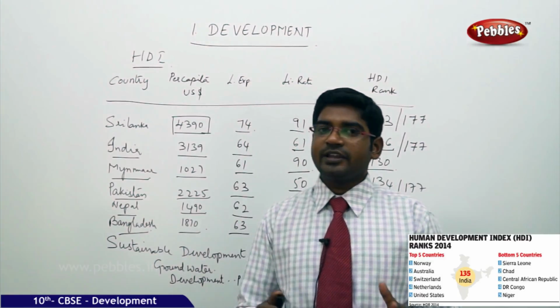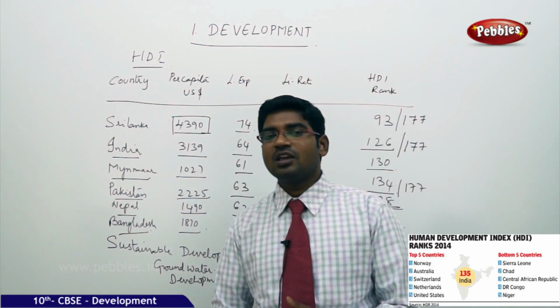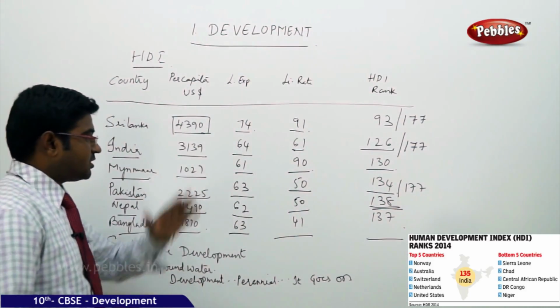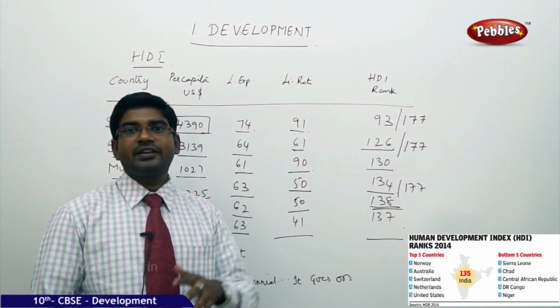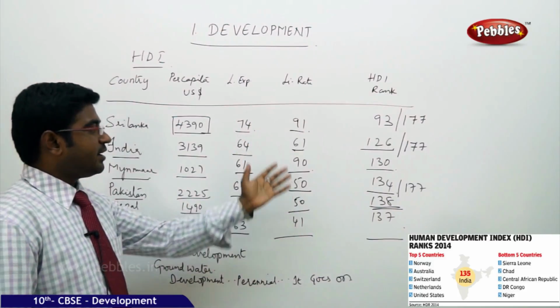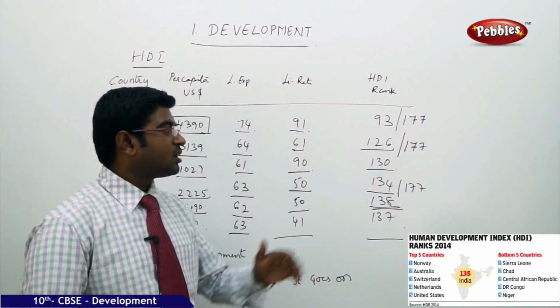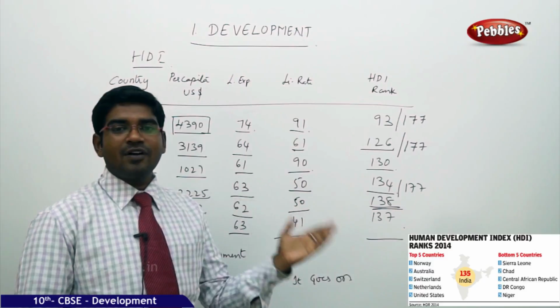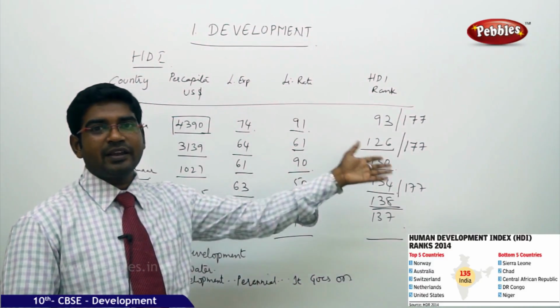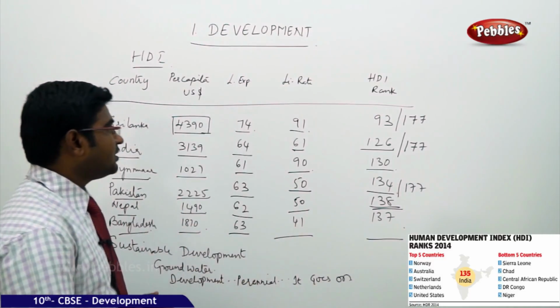Let us not take only per capita income into consideration, but let us also take the other factors. Let us see, life expectancy is far more when compared to any other of the Asian countries which are given for us. Literacy rate is also very high in Sri Lanka. Even in the ranking, they are far better than India. Nearly 33 rankings they are ahead of India. So it's not an easy thing.